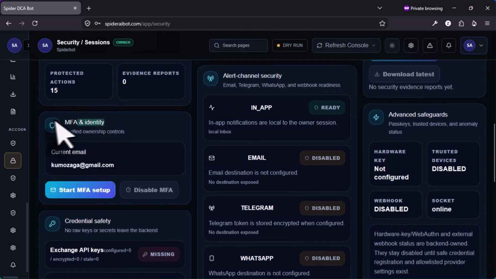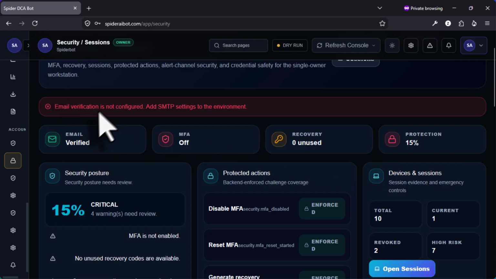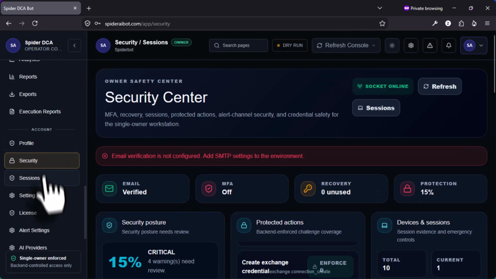You can Google that, or search on YouTube to see how you can access your server using FileZilla or any file connection process. So when you click on that two-factor authenticator, it requires your SMTP. You can as well use that format to do your SMTP, but this time around I'm going to show you